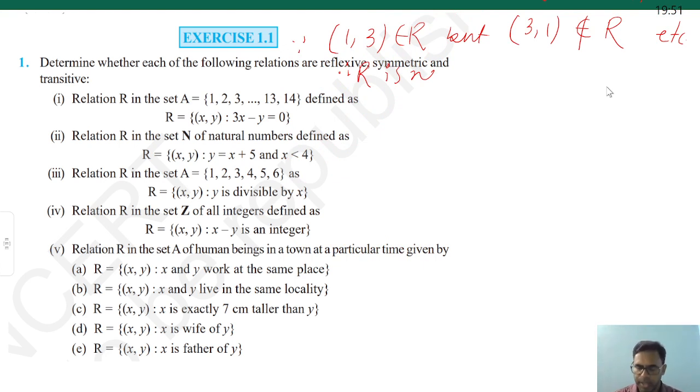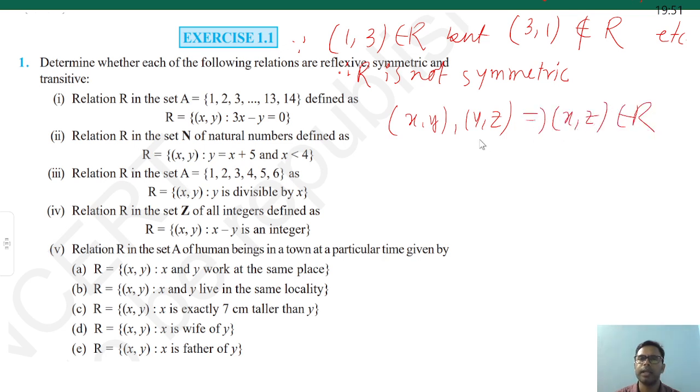Transitive part tells us that the relation must contain elements of the type (x, y) then (y, z), এই দুটো থাকি পেলাই if I get (x, z), this is also in R, মানে after dropping y, এই দুটো যদি থাকে, এটো যদি থাকি যায়, then we say this is transitive।